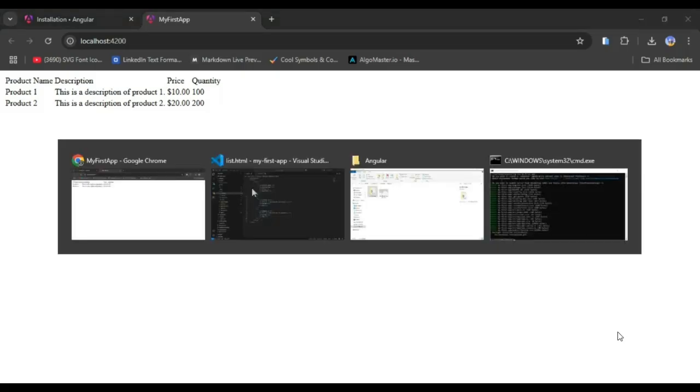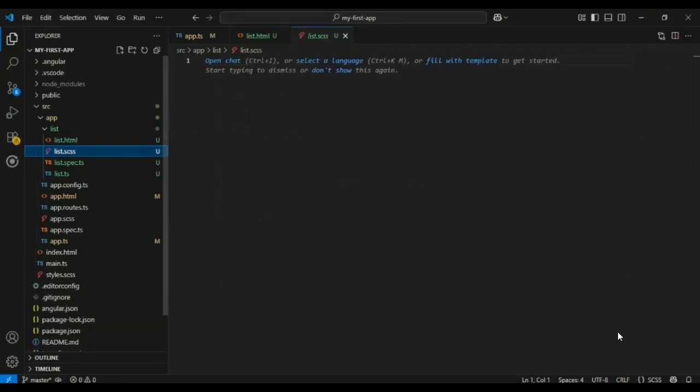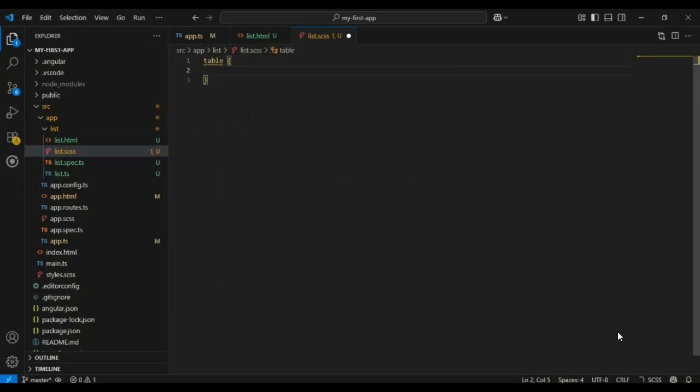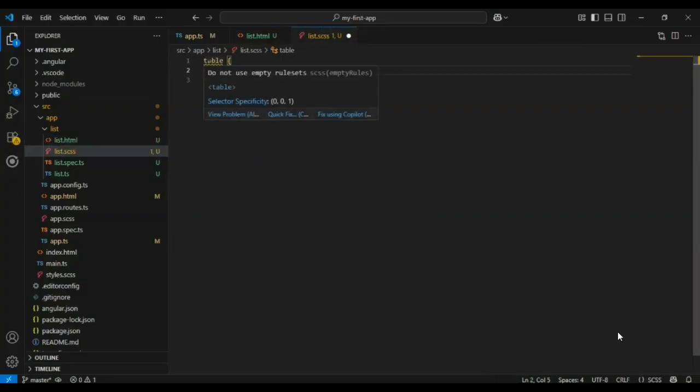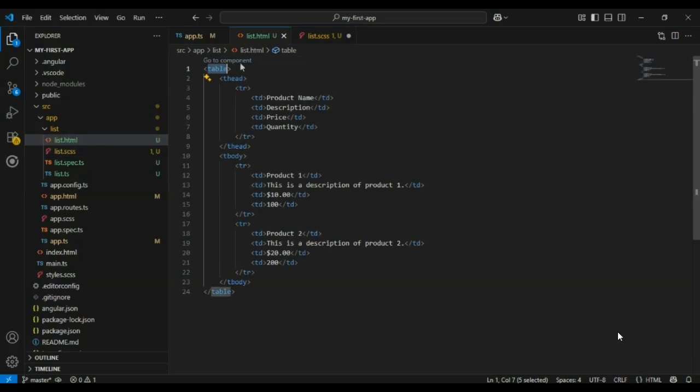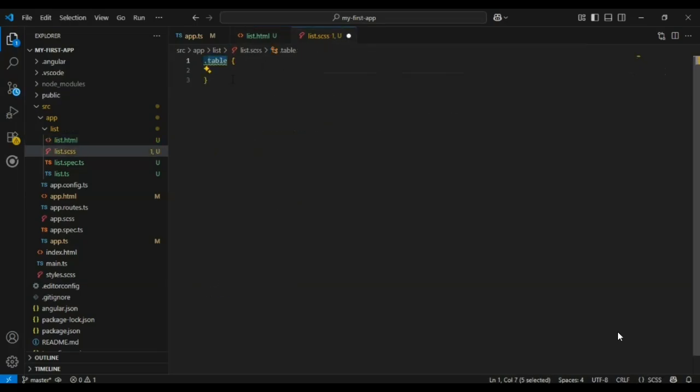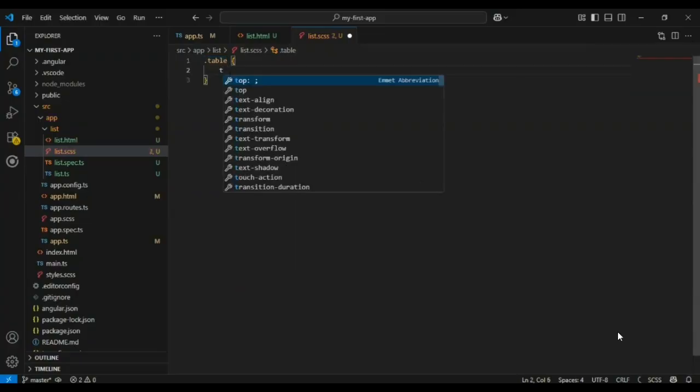Let's give some styling to this table so that it looks better. Table, you need to map this DOM element. If you are writing CSS and targeting a DOM element directly, you just need to give that element. If you are using a class, then you can use the class name with a dot. In that case you need to say class equals table, and save, if you want to use class-based styling. Okay, so I need to give tr or td,